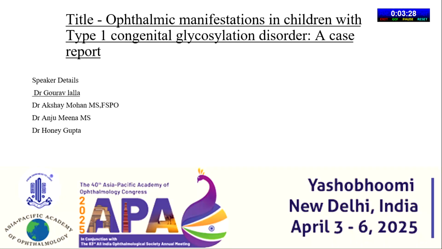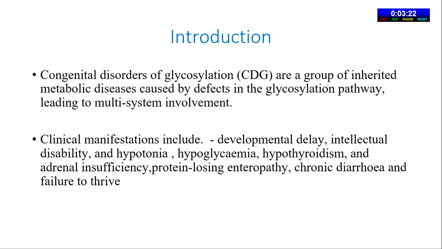Today's case is titled Ophthalmic Manifestations in Children with Type 1 Glycosylation Disorder, a case report. Congenital disorders of glycosylation are a group of inherited metabolic diseases caused by defects in the glycosylation pathway, leading to multi-system involvement. Clinical manifestations include developmental delay, intellectual disability, hypotonia, hypoglycemia, hypothyroidism, adrenal insufficiency, protein-losing enteropathy, chronic diarrhea, and failure